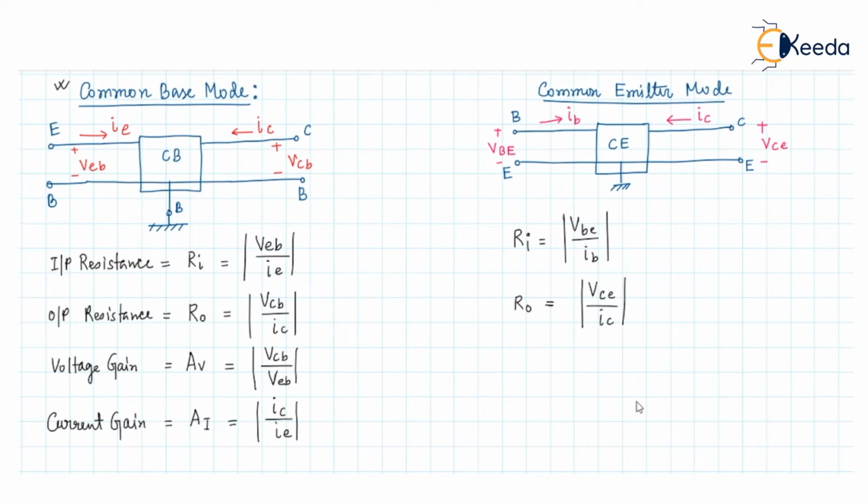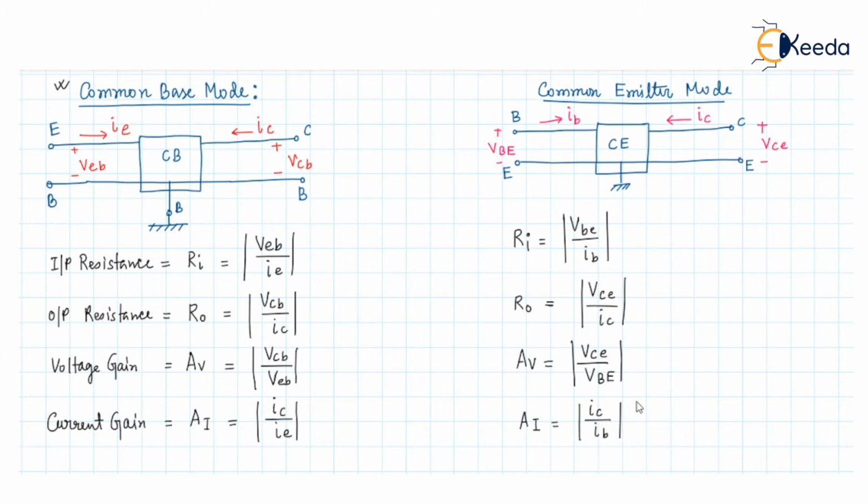Now, what will be the voltage gain here? The voltage gain can be written as the output voltage divided by the input voltage VBE, and the current gain can also be written as the output current IC divided by the input current IB. So these are the different parameters of the common base and the common emitter, and it has been found that